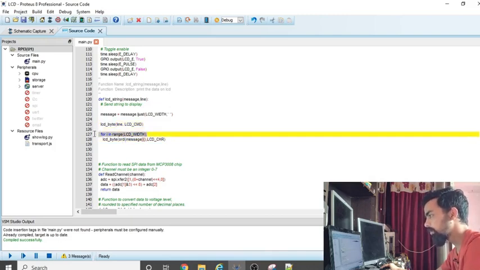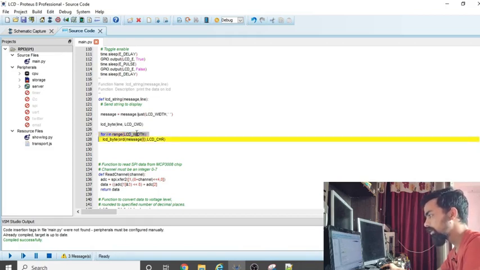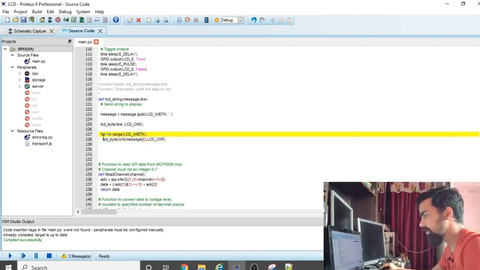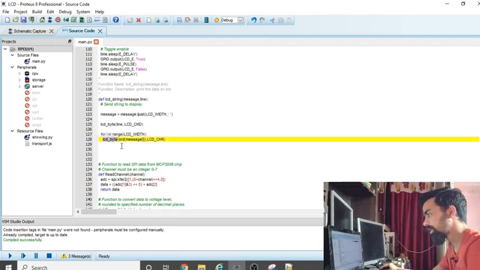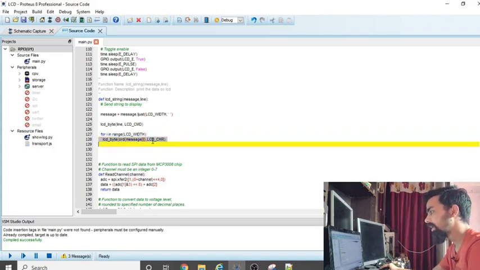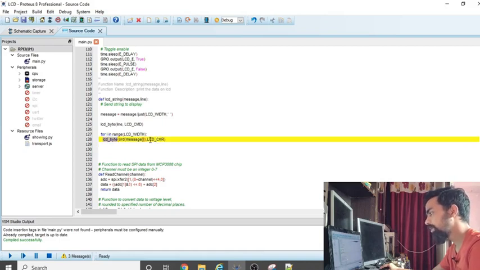Then next we have to iterate the welcome message. To iterate the welcome message, we will use a for loop: for i in the range of LCD width. So i starts with 0 and increments 1, 2, 3, 4 till the LCD width. Let's say first i is equal to 0. So the LCD byte function gets executed with the parameter message of i. So i is 0, then message of i is nothing but the W. Then LCD character. Then we are passing the character to the LCD byte, so that the RS pin is set to 1, and then our message gets printed.